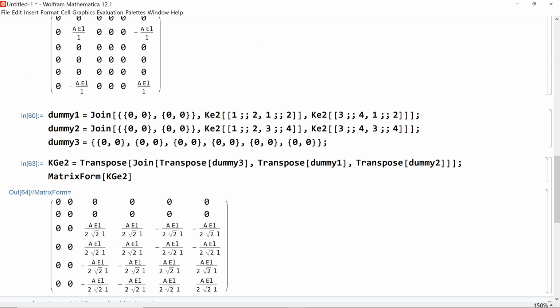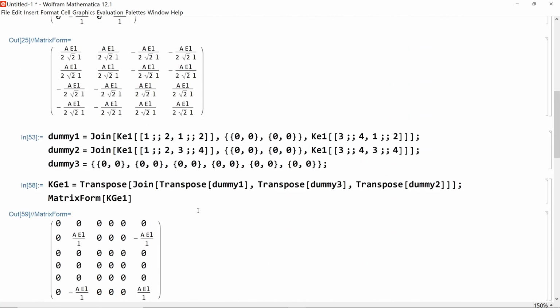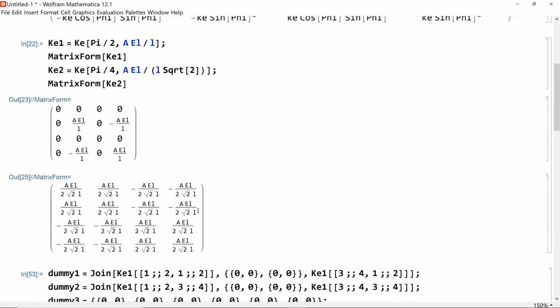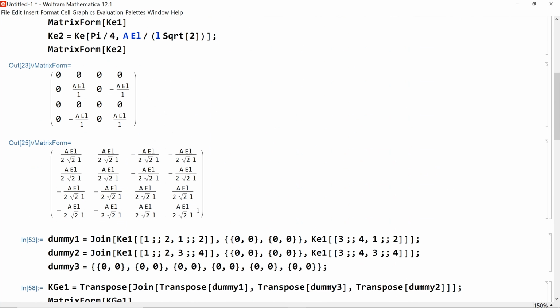Now, okay, so my matrices in global coordinates are now defined. So, okay. Now let's continue